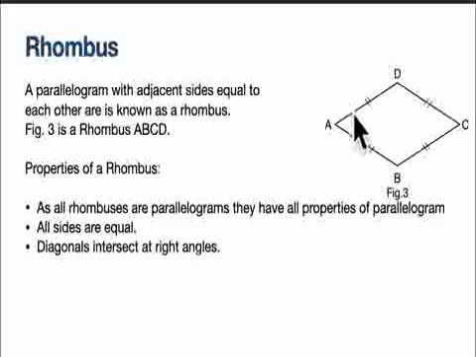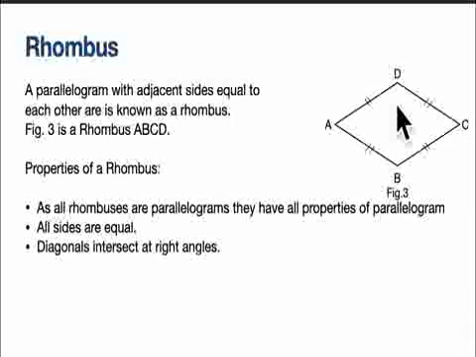So this will mean that these three sides are equal. Similarly, this will also be equal to this. So all four sides will be equal. AB is equal to BC, it is given because it is a rhombus. BC is equal to AD because it's a parallelogram and opposite sides are equal. That means AB is equal to BC is equal to AD. Similarly, AB is equal to BC and AB is equal to CD because it's a parallelogram. So AB is equal to BC is equal to CD. Hence all four sides are equal.